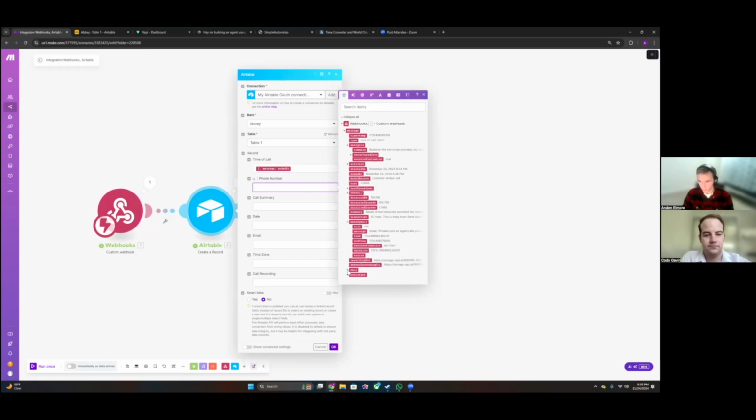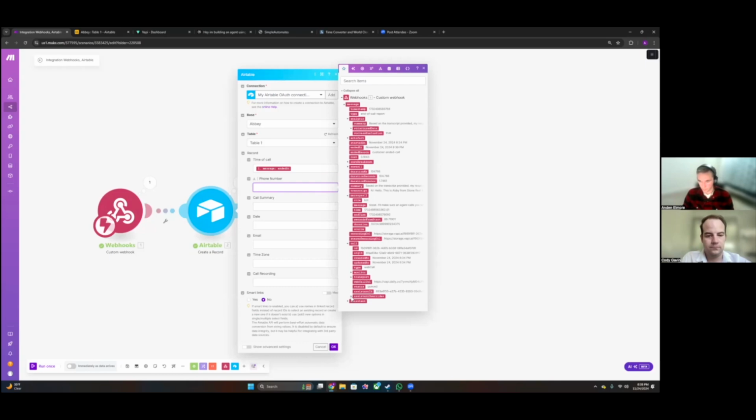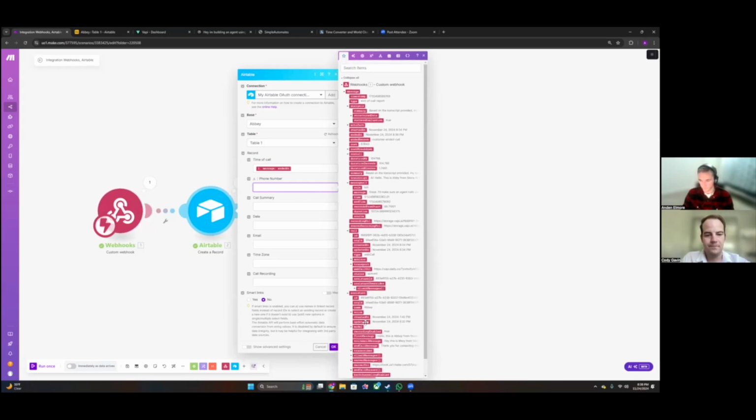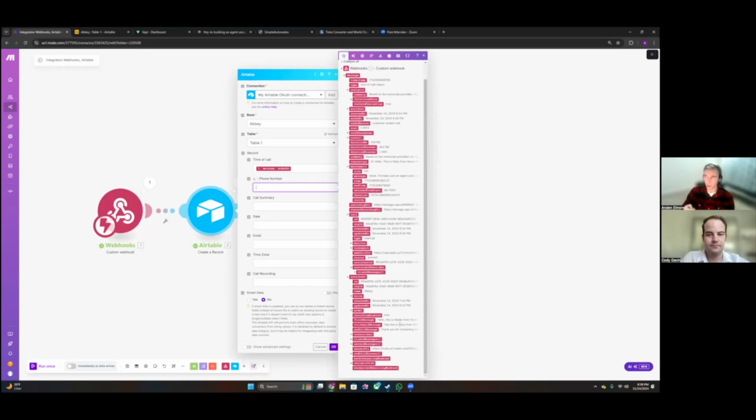We want to make sure that it's actually based off of the data that we extracted. And there's a really good way to make it. Now, I'm doing a web-based call, meaning I'm calling through VAPI. But if I was calling from my personal phone number, on the webhook, it would actually show that phone number I called from. When you're building this for your client, you want to use that, and you'll be able to